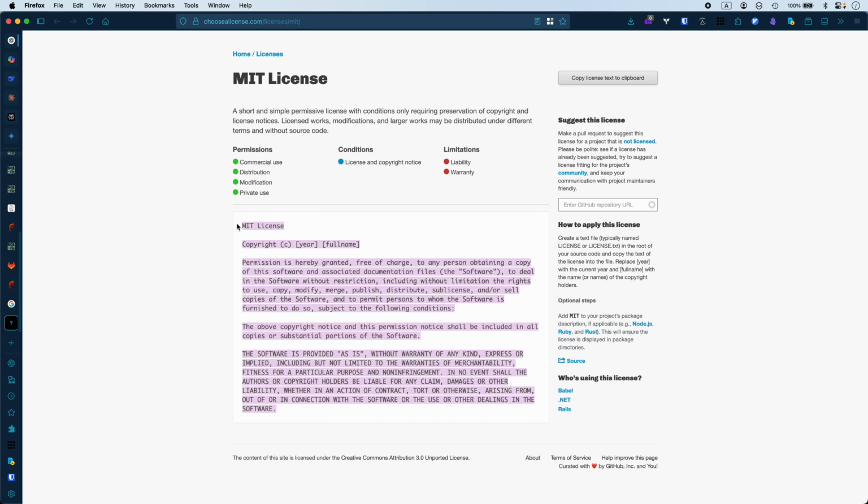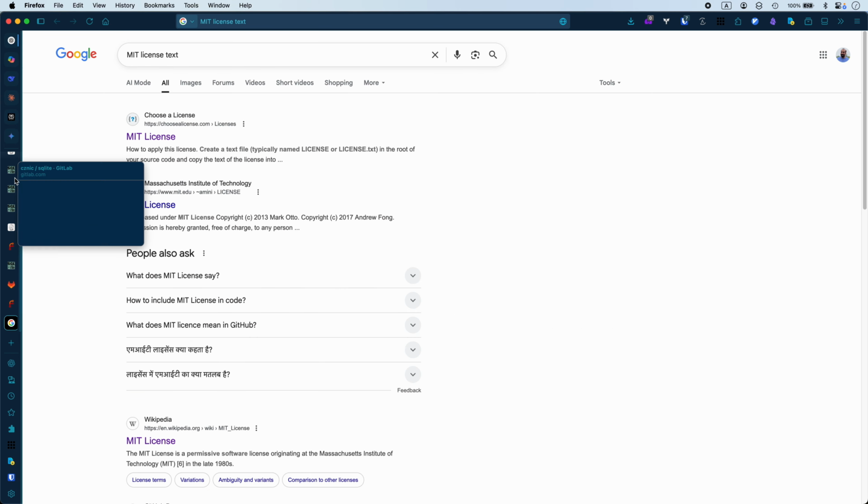This is a license. It is a form of legalese, that legal language: software is provided as is without warranty of any kind, express or implied, including but not limited to the warranty of merchantability. I mean, these two words themselves are pretty heavy. Fitness for a particular use and non-infringement. God, compare that to